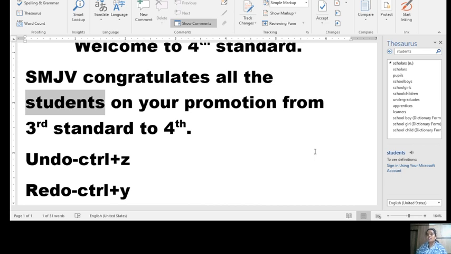In the next class, I'll be giving you the other exercises part also. So we'll be moving on to the next topic. Hope you all have understood, and we'll learn more on the word processor also, how to type in the document, how to use fonts and font style and all those things.